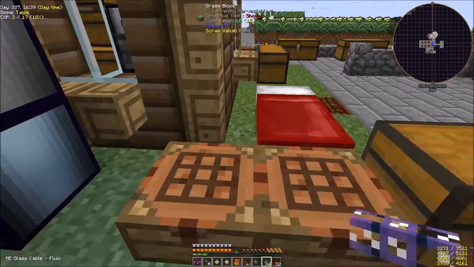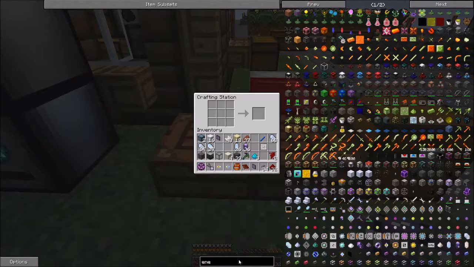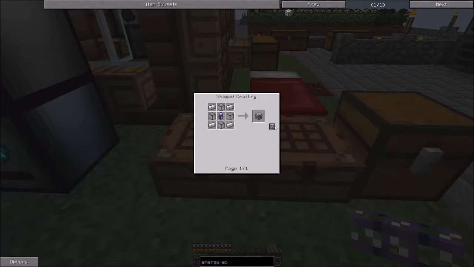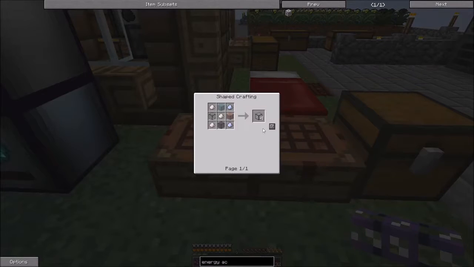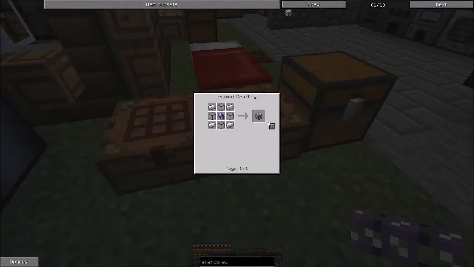Alright, so first thing we need to do is we need to make an energy acceptor so we can power this stuff. Oop, I can't see my keyboard. So, energy acceptor is this thing right here. We have the stuff to do it. No, we are short some quartz glass. So let us make some quartz glass. And I took everything out of here. Like I said, we're going to need plenty of this, so